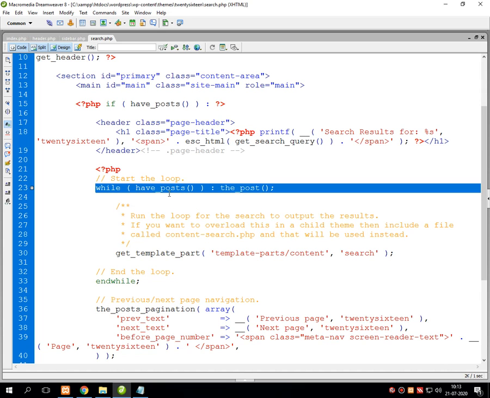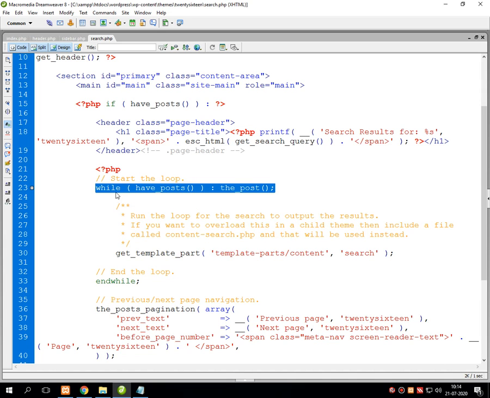Why have I written a loop over here? Because in my listing of the posts, there might be a possibility that multiple posts are available, and to display multiple posts, we need a loop, because a loop repeats until the condition is true and it displays relevant contents onto the screen.